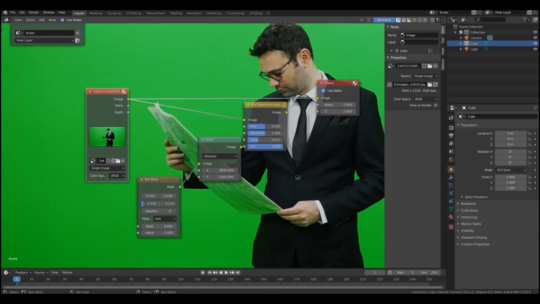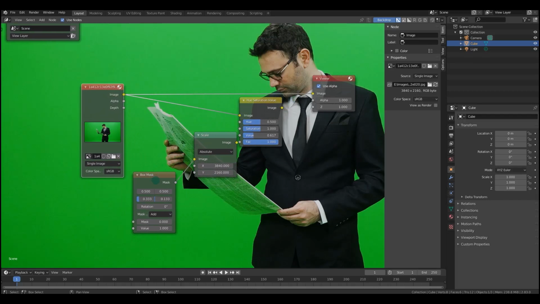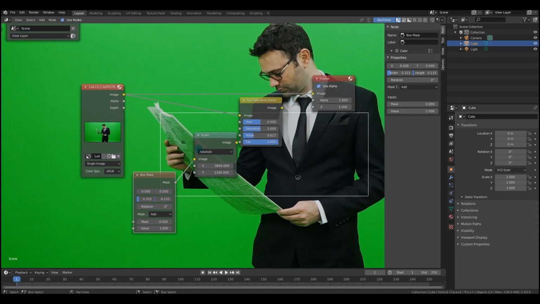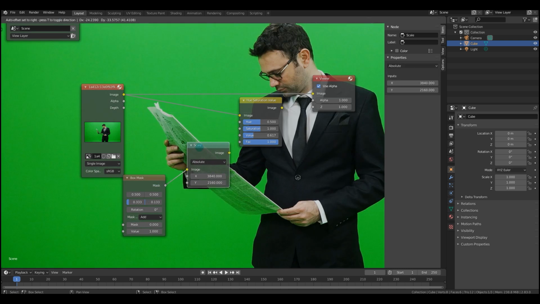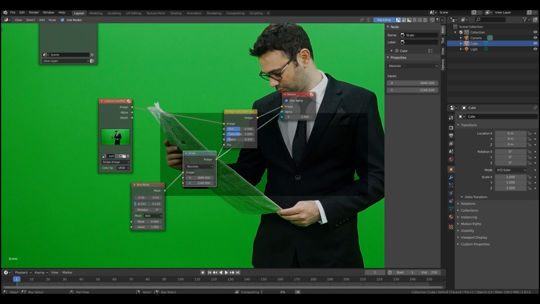The box mask node creates a rectangular shape for use as a mask. If you select it with something else in the viewer node, it will show you a white outline of where the mask will be, and you can just put it in the viewer node if you'd like. You may need to scale it to be the same size as your image, but once you've done that, you could use it as a factor, or really anything else that you would use a mask for.